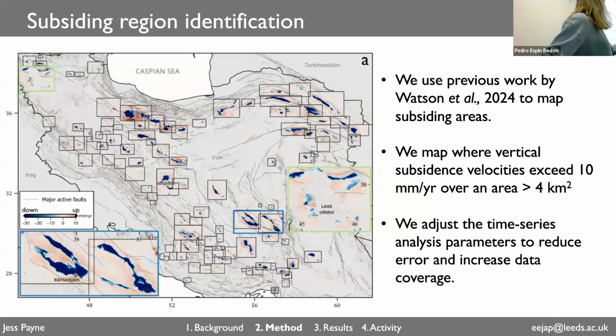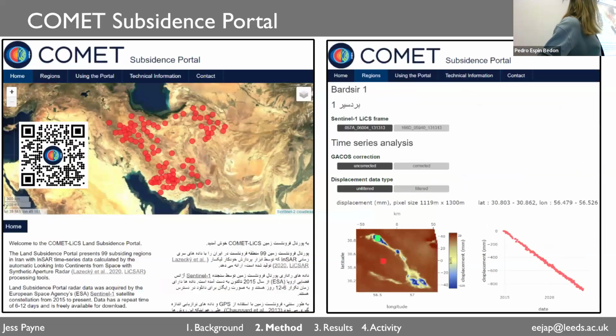And we've identified these in existing velocity fields, which are used for looking at tectonic motion, by Watson et al. These are all the vertical velocities, and you can find the line of sight velocities on the COMET LiCS Portal, which we'll explore in the practical. You can look at the regions that are on there at the moment, and we have region pages up on the right. You can look at frames, at correcting for atmospheric noise, and at using filtered or unfiltered data based on the spatial temporal filter, which you might have talked about yesterday in the practical.